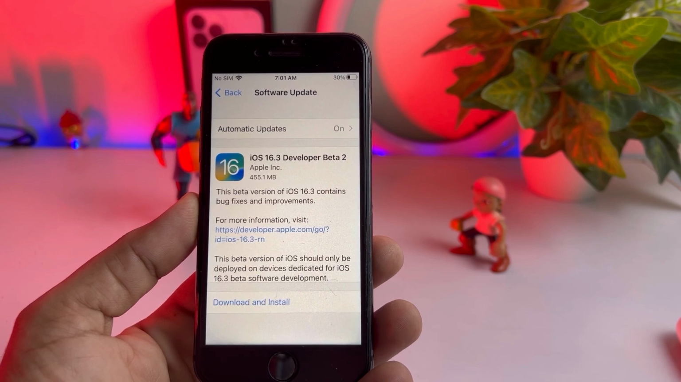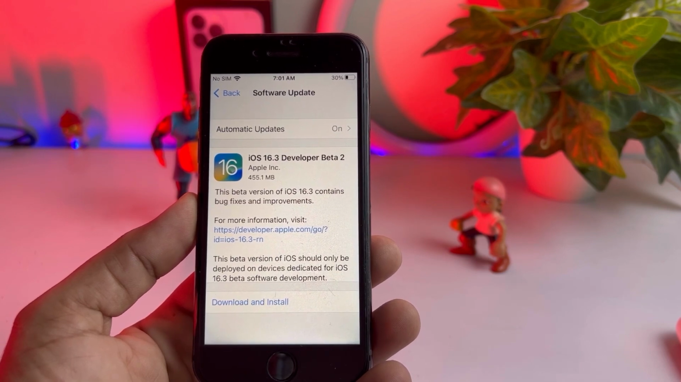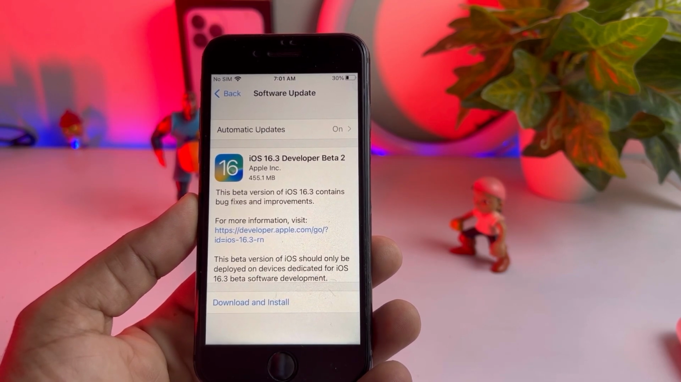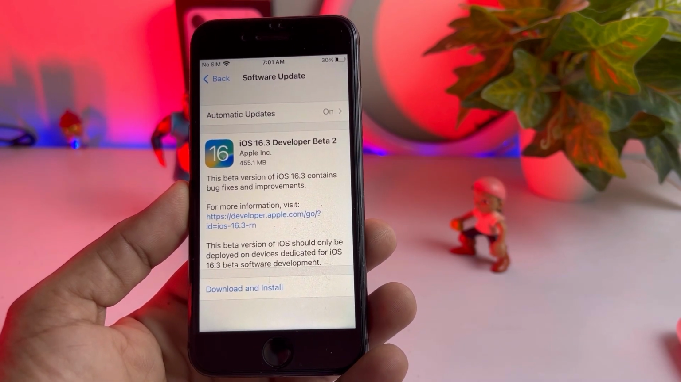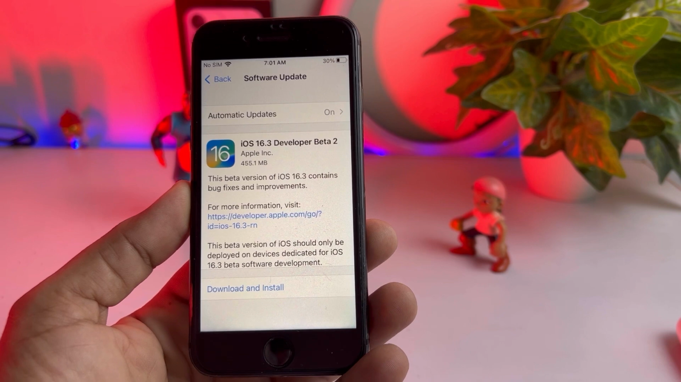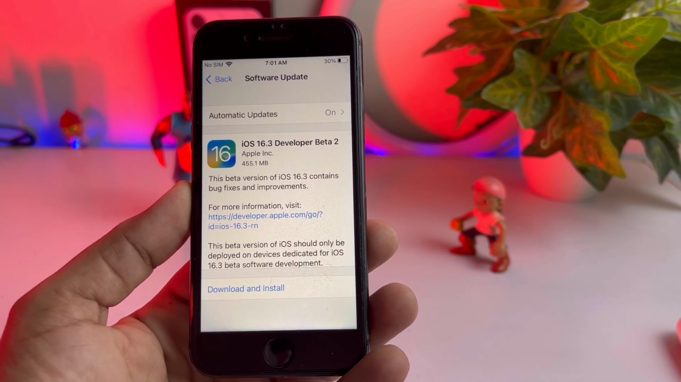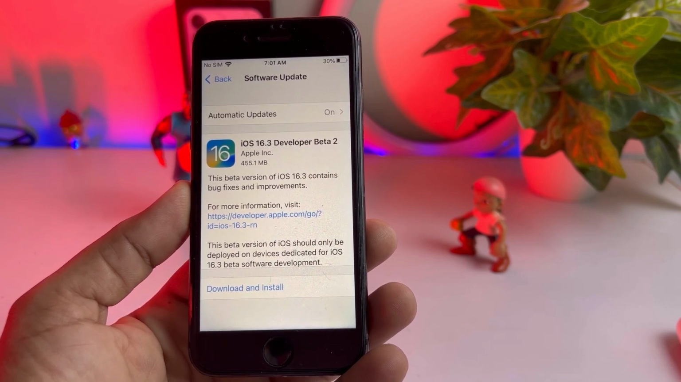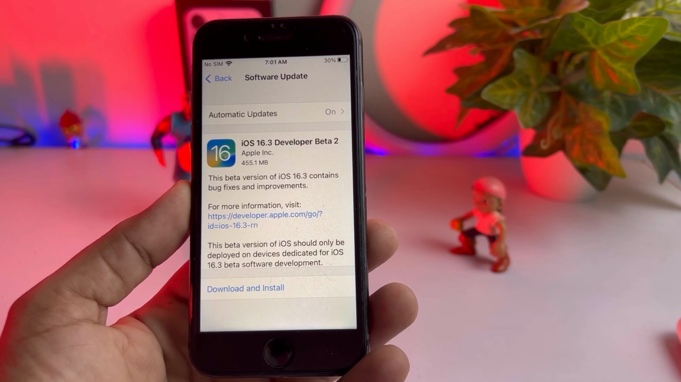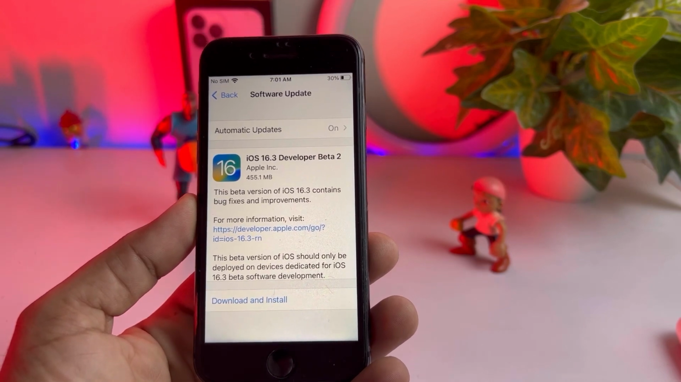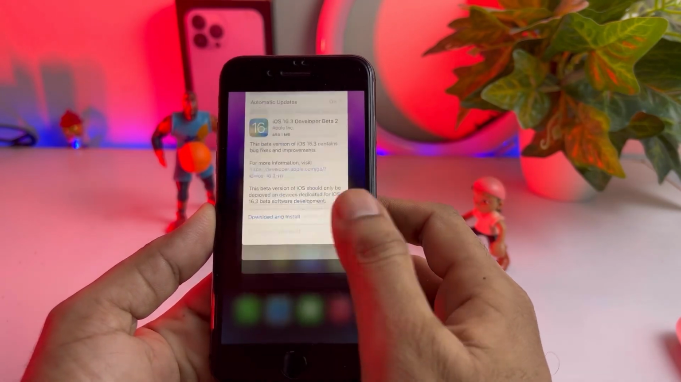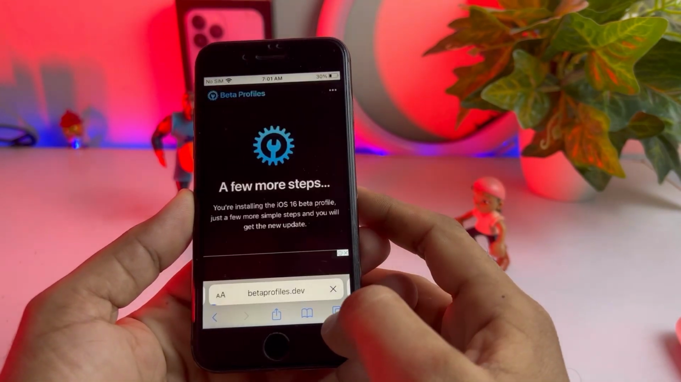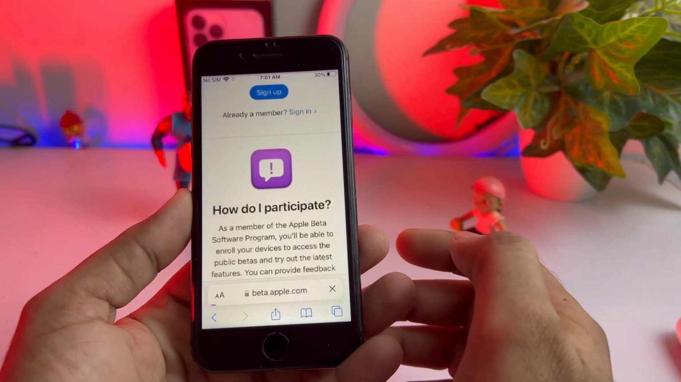So what's new in this beta version of iOS 16.3? Bug fixes and improvements, and this beta version of iOS should only be installed on devices registered for iOS 16.3 beta software development. So how can you get the update if it's not showing yet on your iPhone? Just close that and you need to open